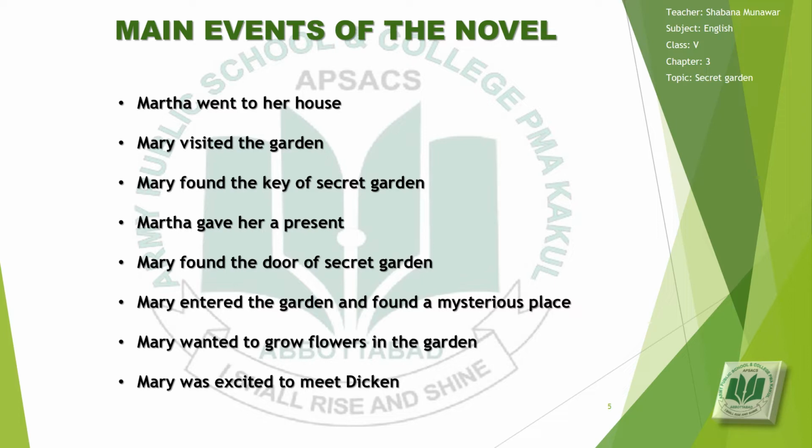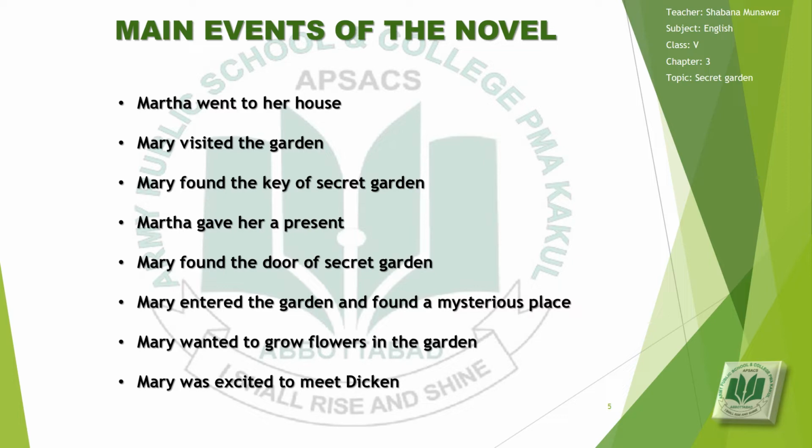It was Martha's day off, so she wanted to go home. Mary also wanted to visit her house and to meet her mother, but she wasn't allowed to do that. And when Martha had gone, Mary visited the gardens, and there she saw three gardeners doing work. She saw Robin there. Robin came down to her. Just near Robin, Mary saw an old key. She thought that no doubt this was the key of the secret garden. She took the key and put it in her pocket.